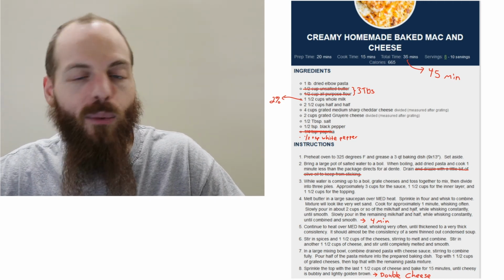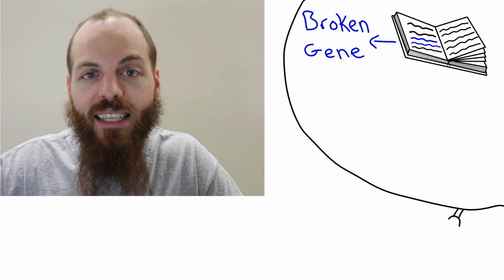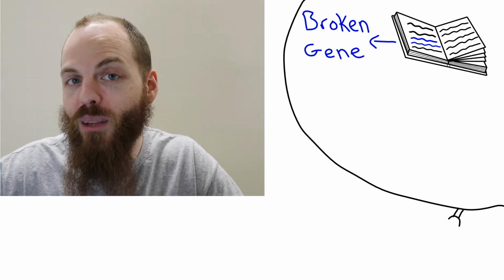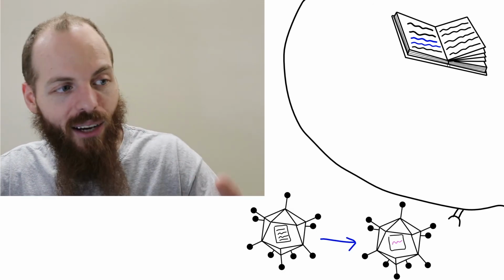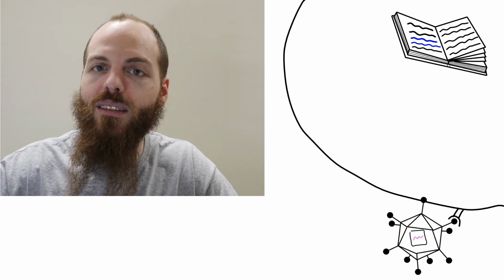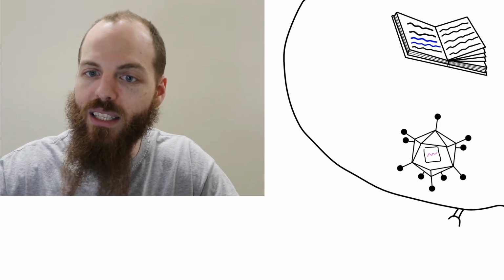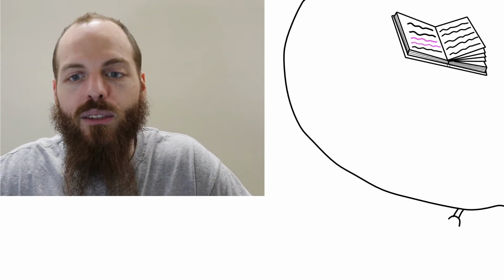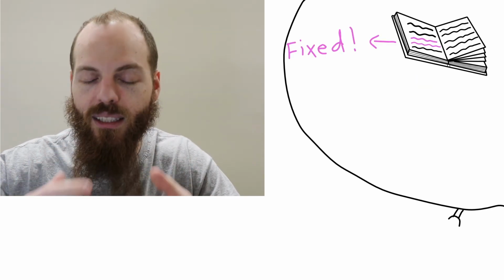So another useful thing that we can take from viruses is using them as tools. There's lots of different types of genetic diseases, and these can a lot of times be cured if you can find a way to do gene therapy. And one of the best ways to do gene therapy is to take a virus, remove the parts of it that make it spread uncontrollably, and you just keep the part that lets it get into the cell really easily. So basically, kind of the key in the case. And instead of having the normal virus recipe inside, that's where you add the gene therapy. So this can then go in, deliver the gene therapy, and make people better.